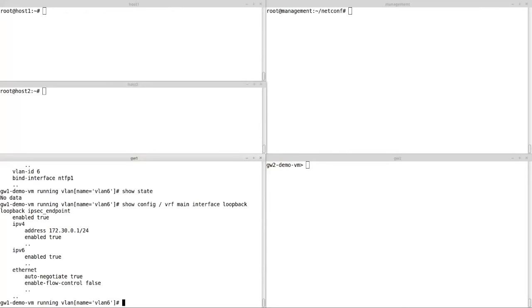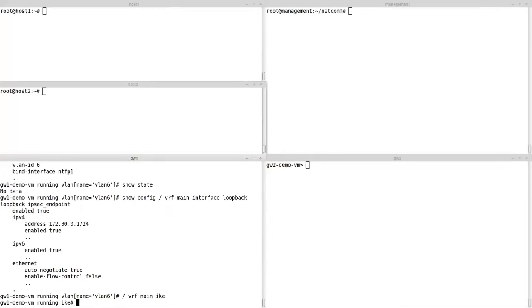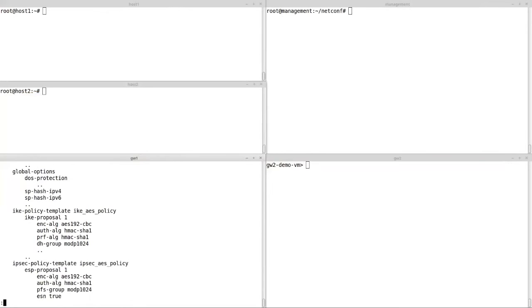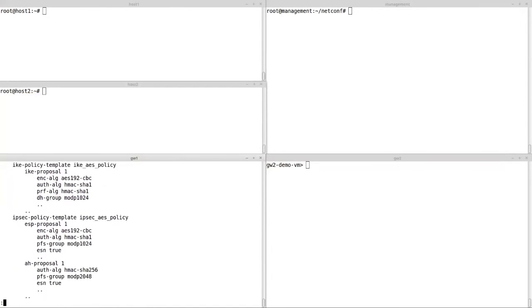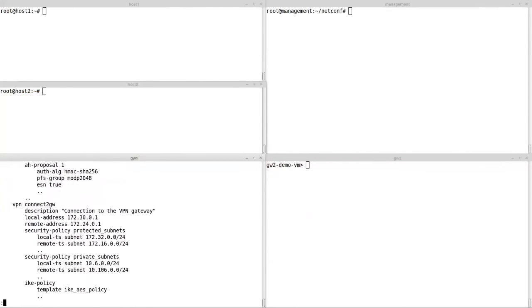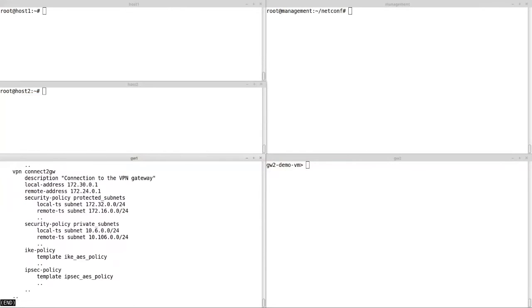Next, let's navigate to the IKE context in the main VRF. Using the show config no default command, we can see the list of configuration items we intend to apply, including the pre-shared keys, the IKE and IPsec policy templates that will be used by our VPN, and the VPN itself, with the security policies matching the clear traffic and the encapsulating addresses. We commit the configuration,